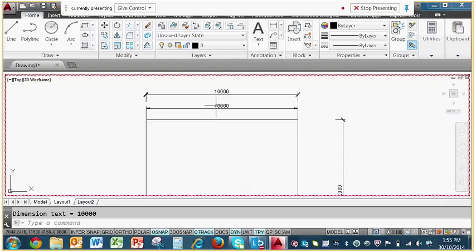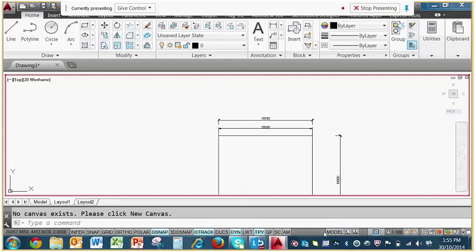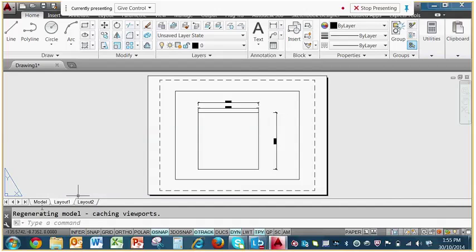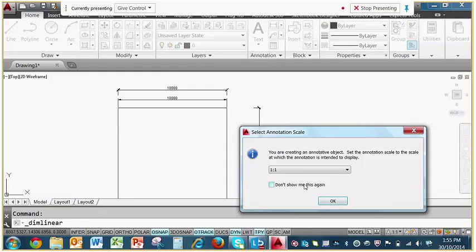And then when I use the dimension style, all of the features scale up to the size of the viewport. You can change visibility options down here with the viewports. When I go back to model space, I'll minimize that viewport so it's back into just paper space, and go back now to model space, and it does appear there. If I was to use the annotative dimension while I'm just in model space, it will alert me to the fact that it's an annotative object and I am in 1 to 1. Go okay,